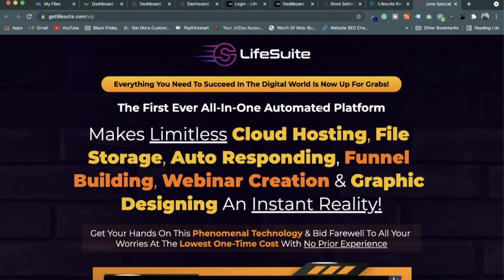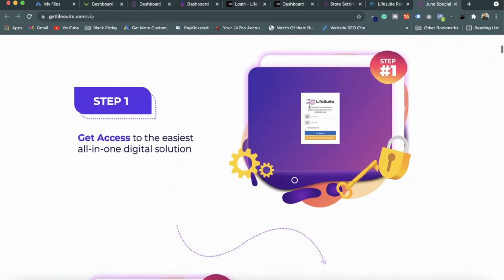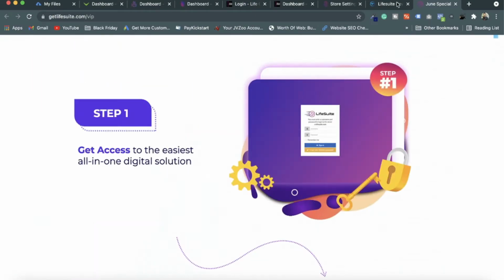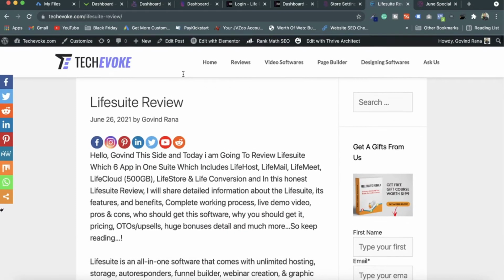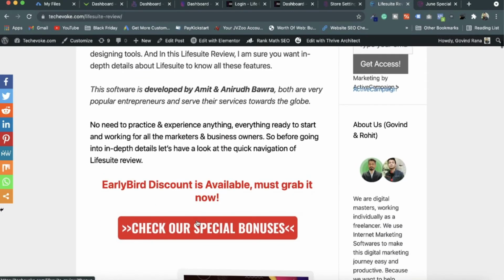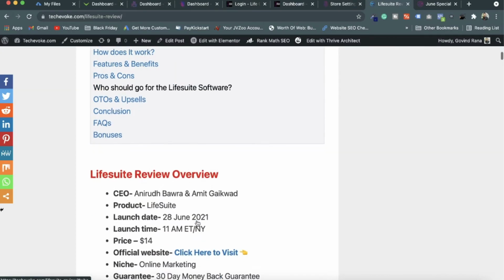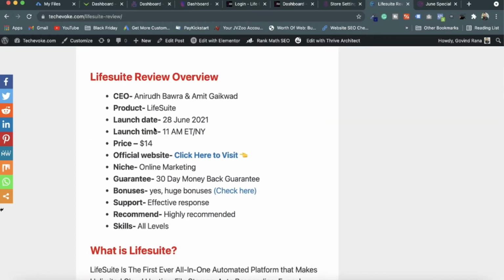This is the sales page of LiveSuite where you will buy the software, and now I am taking you to my LiveSuite review. This is my website named techevoke.com. Here I am explaining in written form what exactly LiveSuite is, what the launch date is, and the price is now $14.